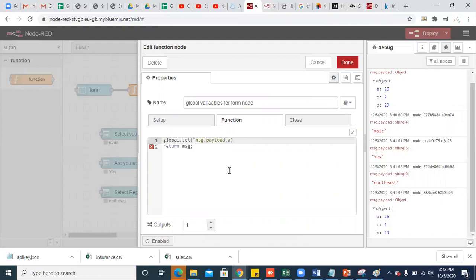So I'm giving a variable called age comma message dot payload dot a. That means I am creating a global variable age, and I am storing the value a coming from the UI. In the same way, do that for all the other variables: